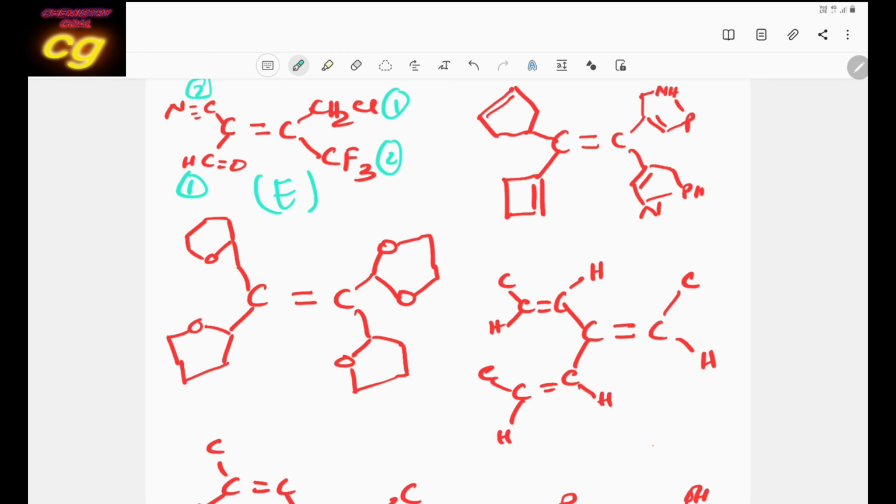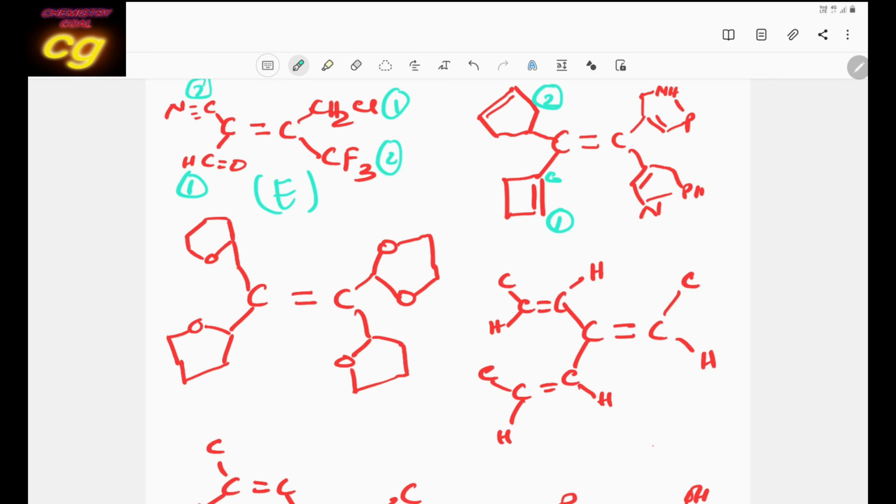This case is a very important case. Here you see carbon attached to carbon, then this carbon attached to triple bond, double bond or one bond. So this carbon is attached to 3 carbon, a double bond is considered as 2 carbon, a triple bond is considered as 3 carbon, like this. So this carbon attached to 3 carbon, but this carbon attached to 2 carbon, so it will be 1 and it will be 2. This is the method.